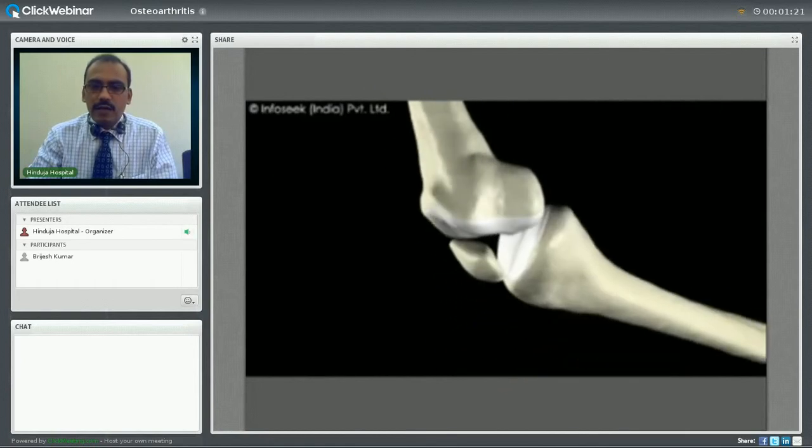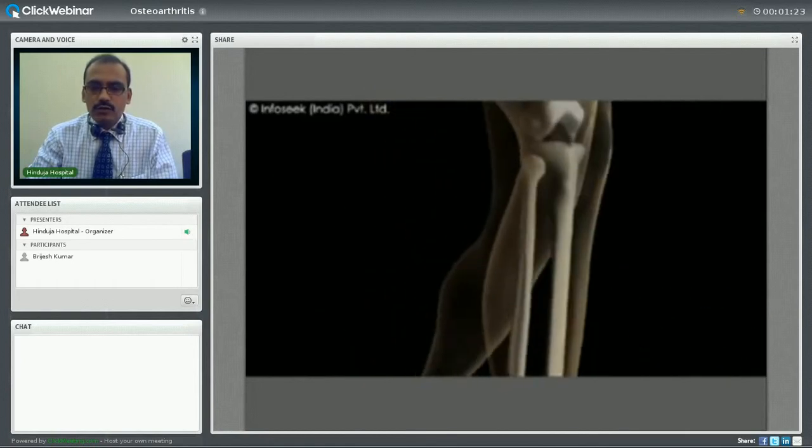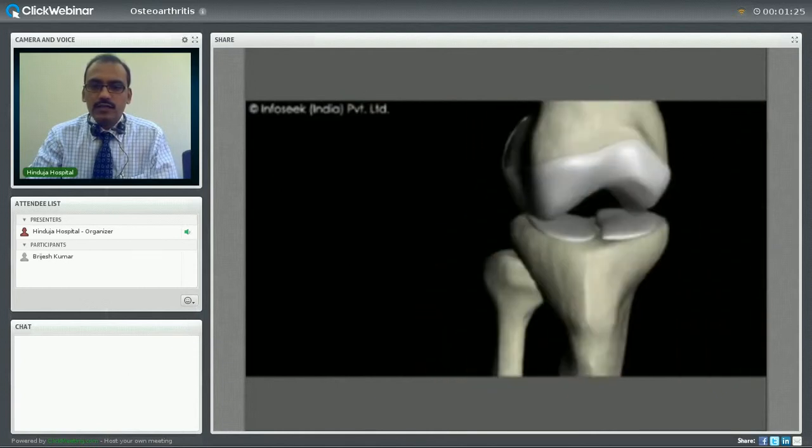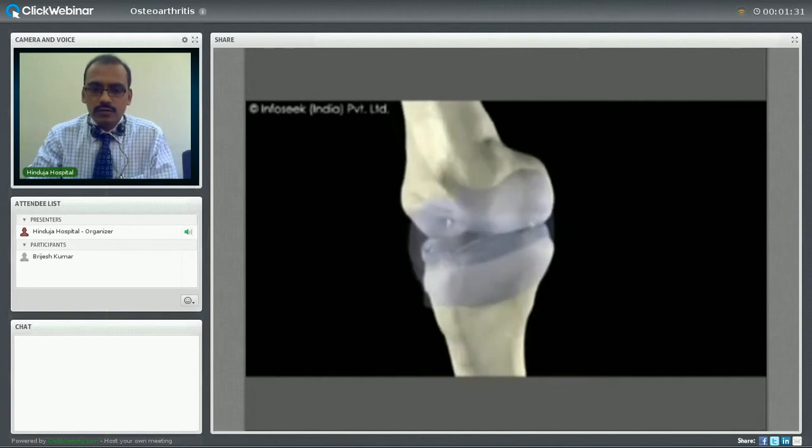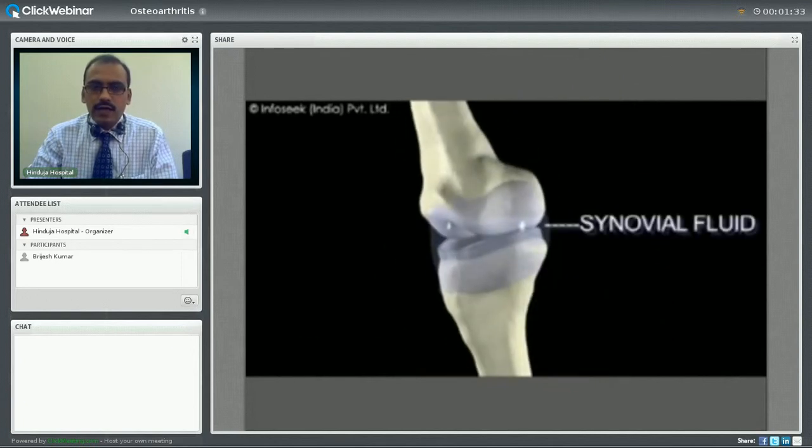The cartilage allows the bone ends to slide over each other. Between these two bones there is a normal articular cartilage, and thus it also acts as a shock absorber of the knee and protects the bone ends when walking happens. There is a small amount of synovial fluid present inside the knee joint, which serves to nourish the cartilage, lubricates the joint, and makes it slippery.